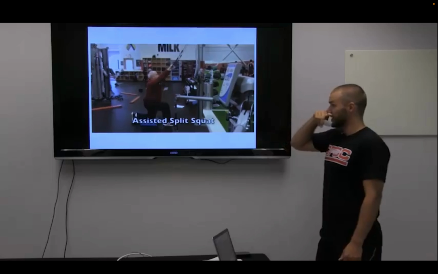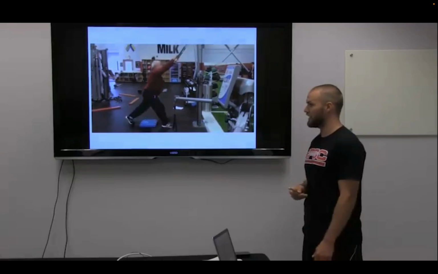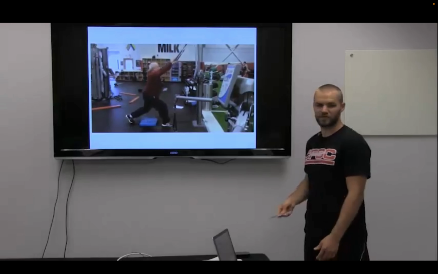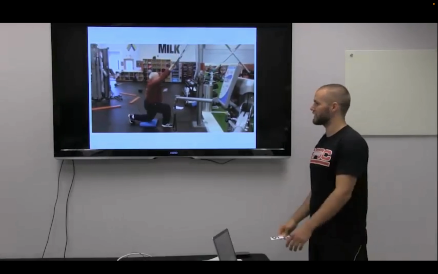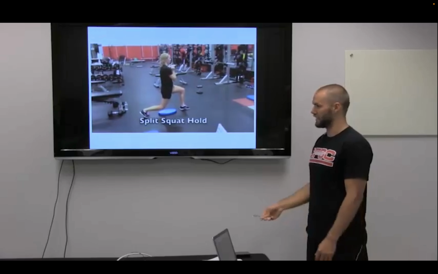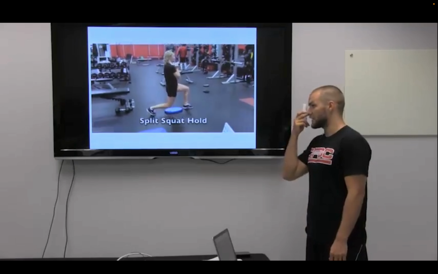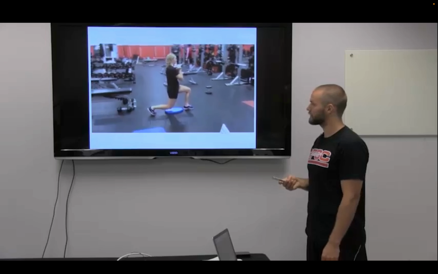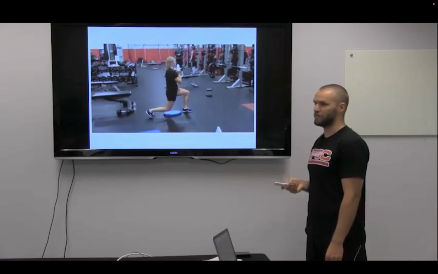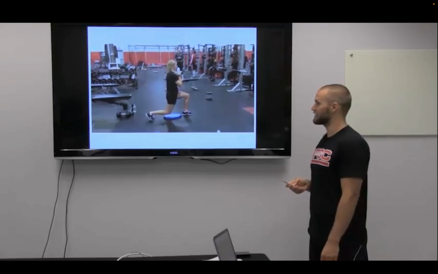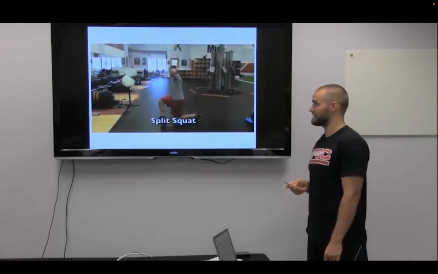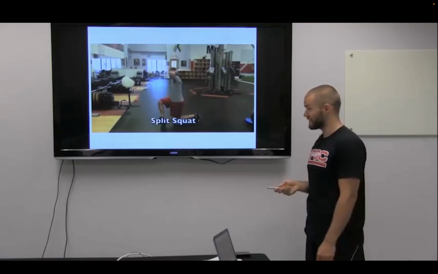This is Neil. He'll never probably get past doing this version of the split squat, and that's perfectly fine because that works for him, and he's still getting the pattern. Next, we have split squat hold. This one's really tough if you've never done it before. I suggest or recommend you try it before you give it to people because it burns.